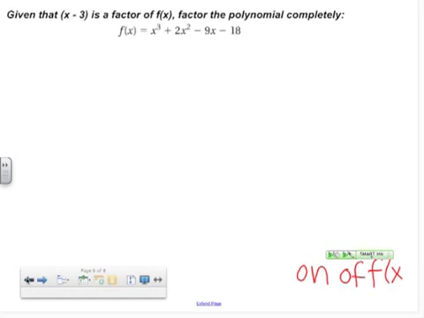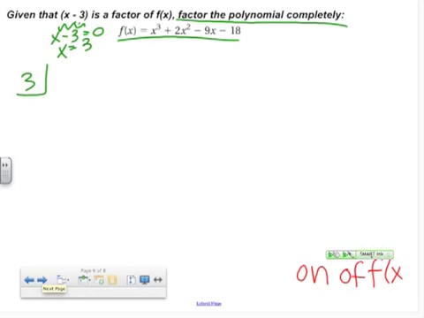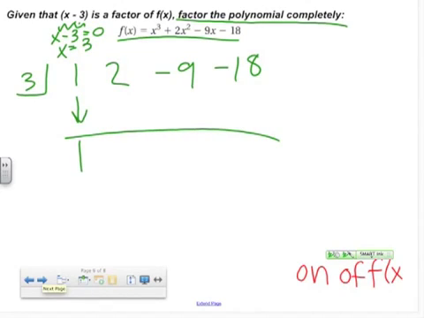Alright, so given that we have the factor x minus 3 of f of x, we can use synthetic division to find all the other factors, factoring the polynomial completely. So I'll use the fact that x minus 3 is a factor and a solution, set that equal to 0, so I get x equals 3. So 3 is my k, so I'll use that in the box. Then I'll put the coefficients of your function. Bring it down. 1 times 3, 3 plus 2 is 5, times 3 is 15, minus 9 is 6, times 3 is 18,